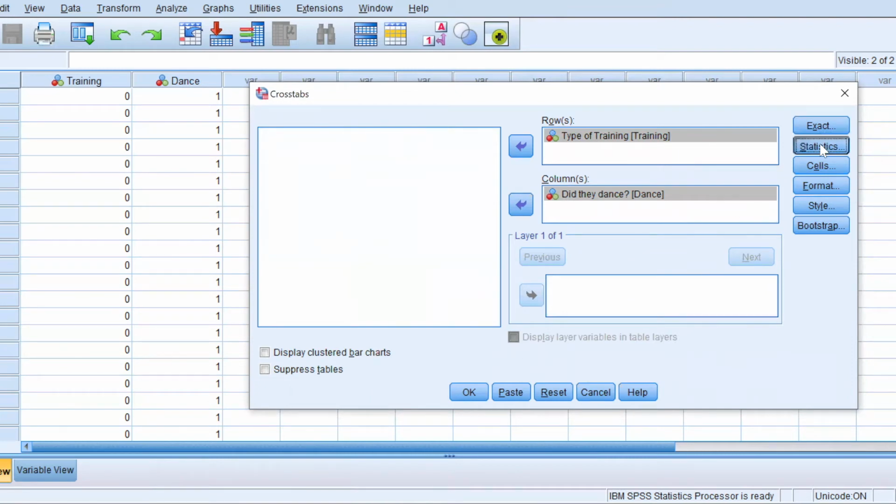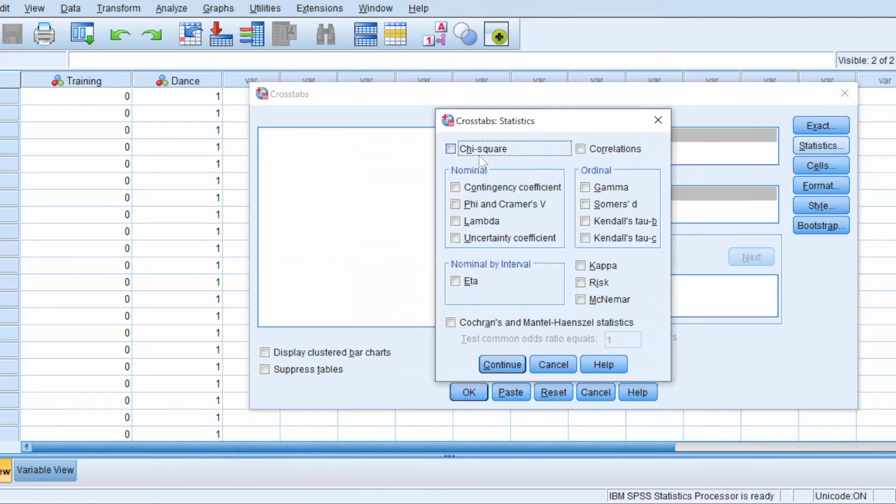Next, select the Statistics tab, tick chi-square, tick Phi and Cramer's V, which will measure the effect size. The Phi coefficient is for 2 by 2 tables and the Cramer's V is for tables larger than 2 by 2, and these are used to determine the effect size. Click Continue